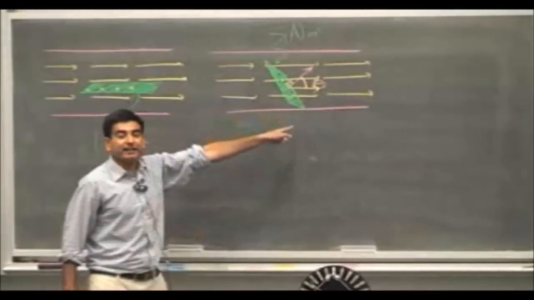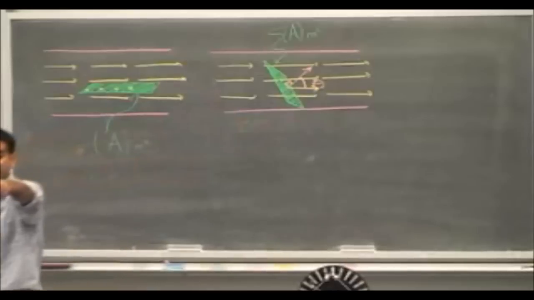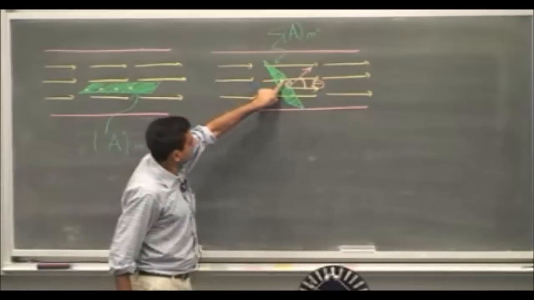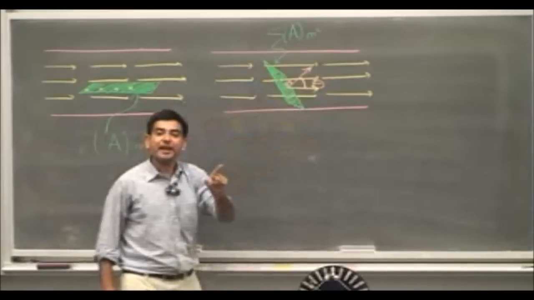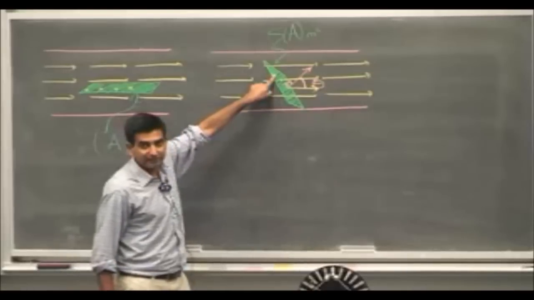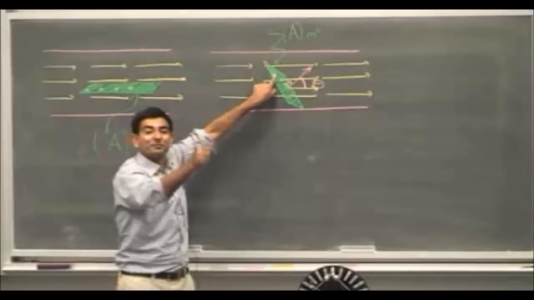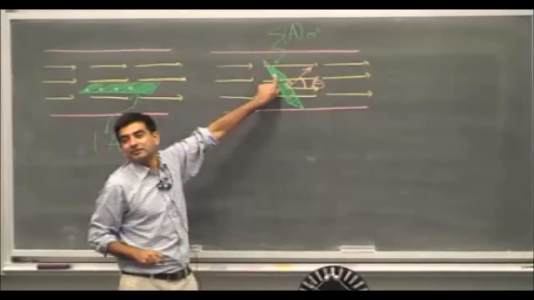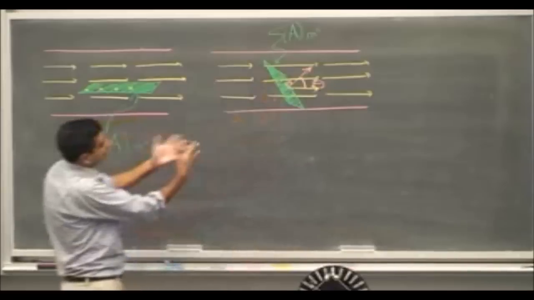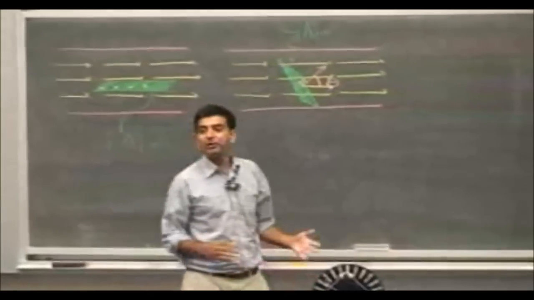Now is this angle the same throughout the surface? This angle is the same, exactly the same. Here also it is this same angle, and here also. Everywhere on this surface the angle is theta, and it's constant. At every point on the surface, the velocity at that point makes the same angle with the normal to the surface at that point, because the velocity is uniform. Now I would like to find out the flux through this surface. Could anyone tell me what the flux is going to be?